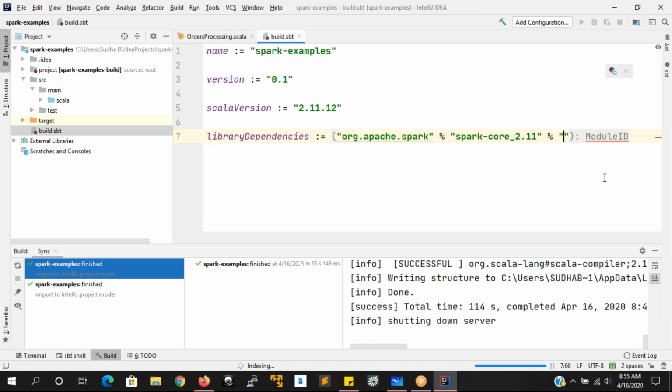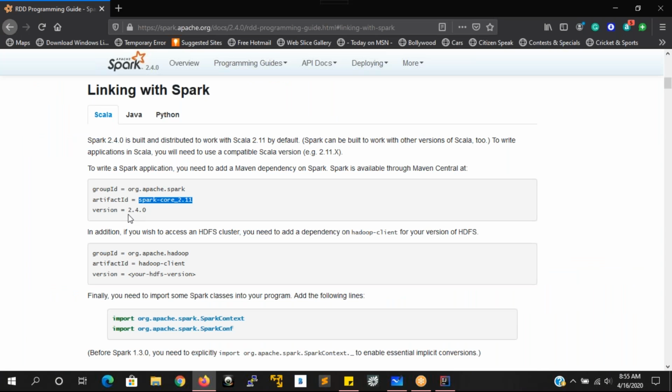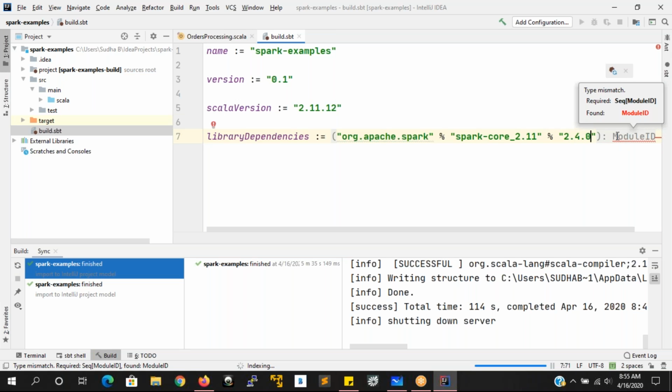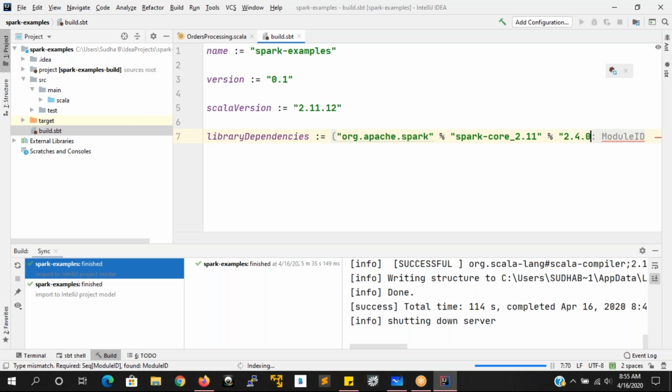And in the third, you have to write the version, 2.4.0. So this is what you have to mention here.